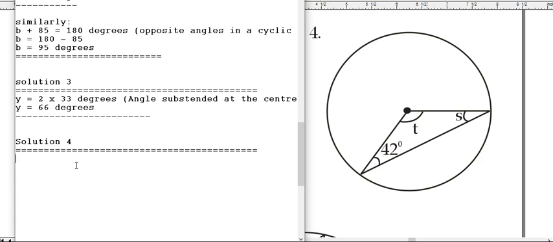And I told you that the angles subtended by 2 radii in a circle are equal because the radius is the same all over the circle. If you draw a line from the center of the circle to any part of the circumference, it is called a radius, and it is the same throughout the circle. So right now, our S is automatically equal to 42 degrees, and the reason is